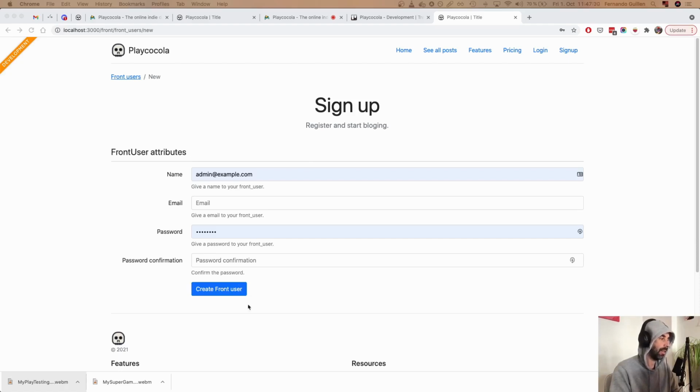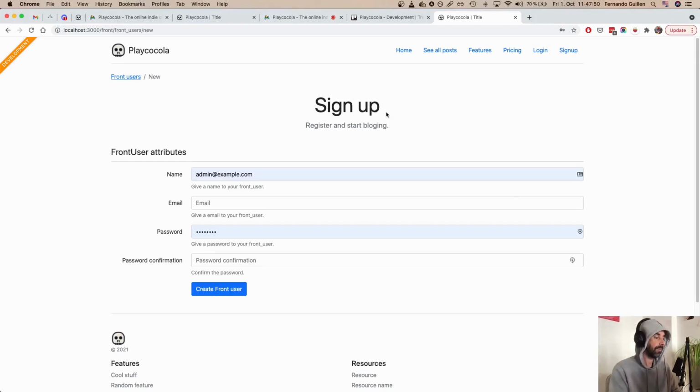I want to create another field here, which is the invitation field, and I will ask the user to introduce a specific code. If the code is not validated, the user will not be created and will not be able to access the inside of the website. Luckily for us, I have implemented this before, so we are going to follow